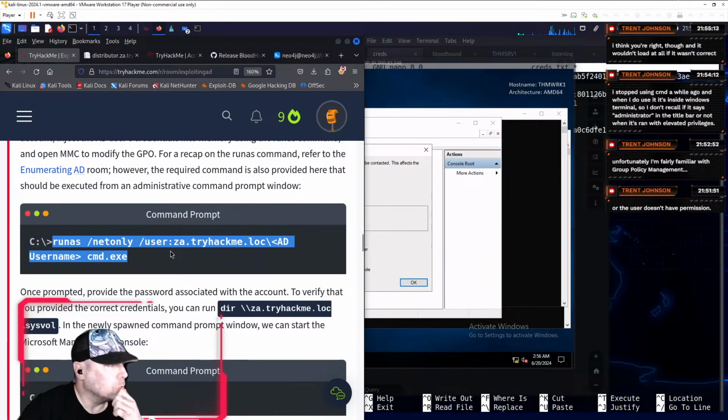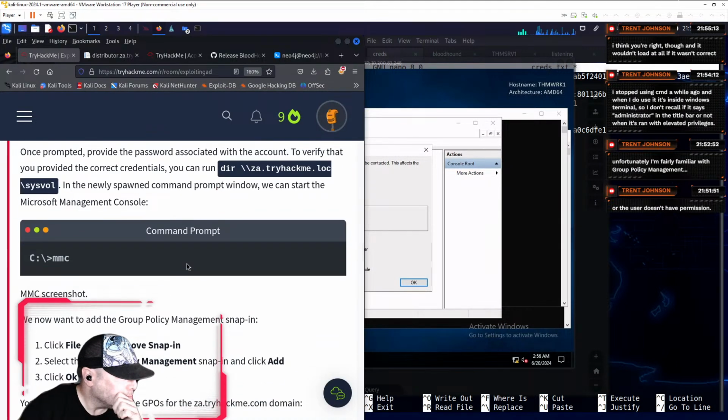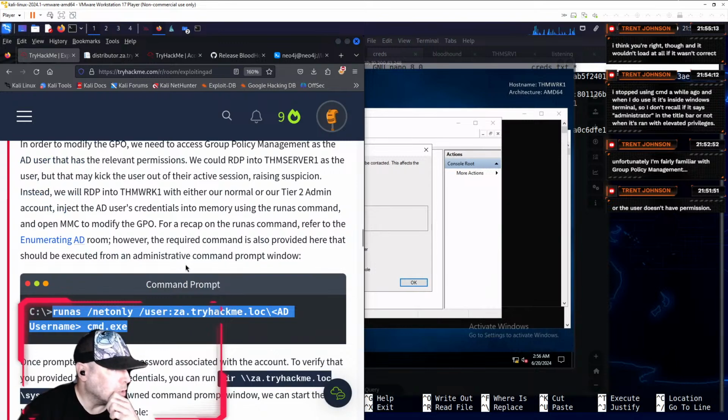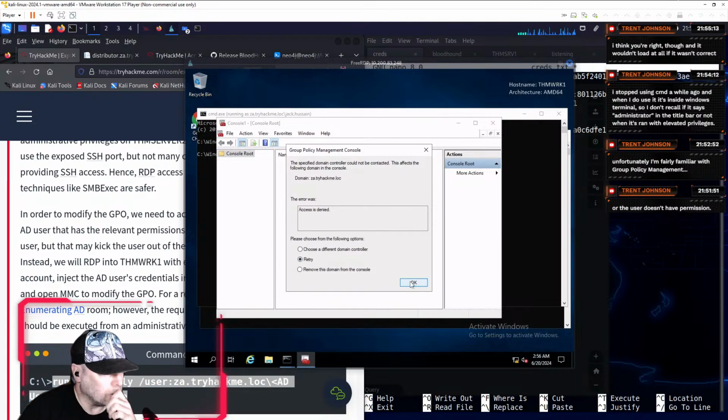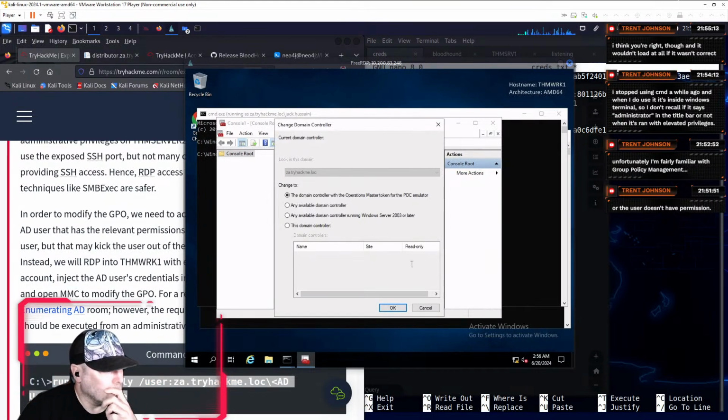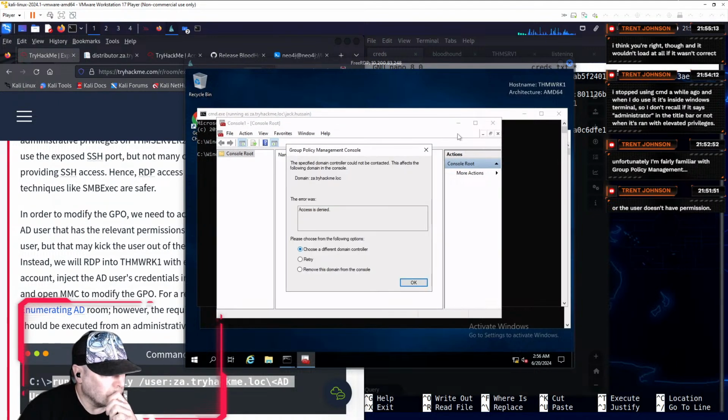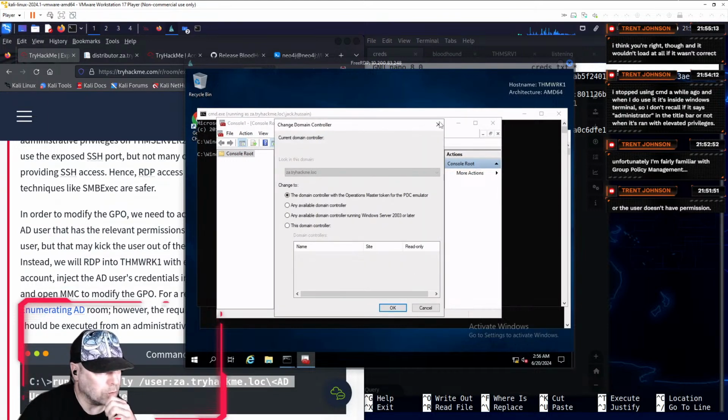Are we supposed to be using somebody else's username? I think we're supposed to be using the service man credentials for this.